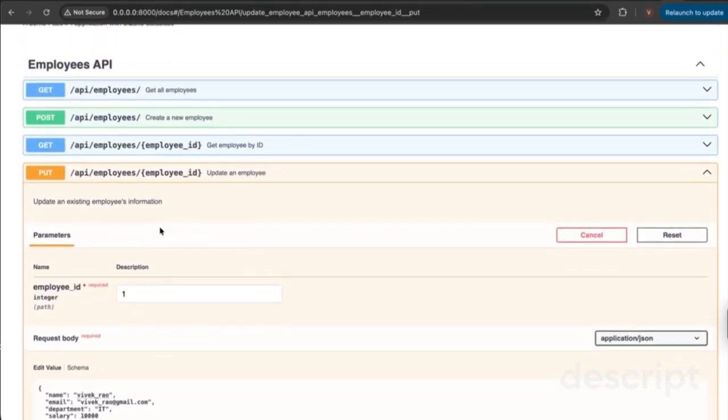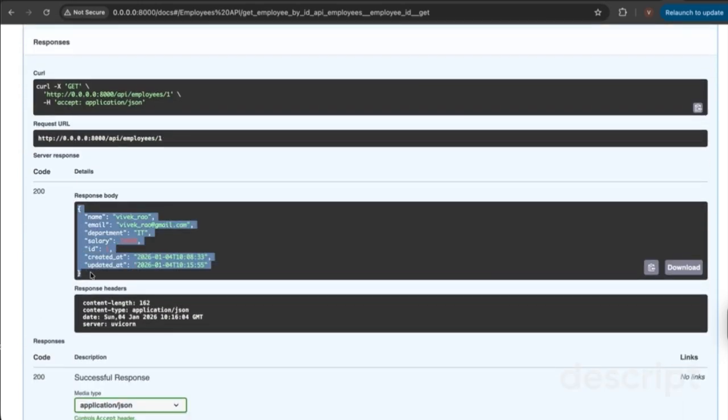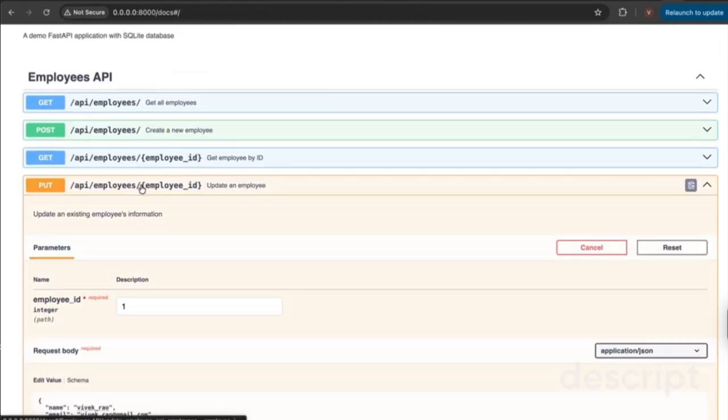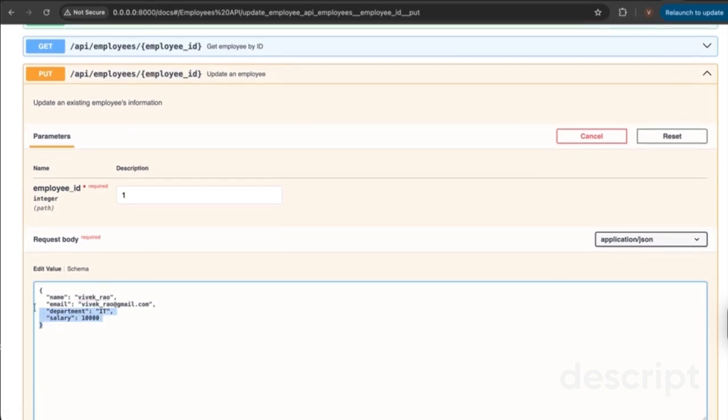So how do we verify this? You can use the same ID and check whether the values have been updated. And this is about put. But the only thing that you have to note about put is if you want to update all the fields of an employee object, then go for put. If you want to update only specific fields, then you will have to go for patch. Patch will update certain fields only and not all the fields. Whereas in case of put, it's going to update all the fields. And even if you haven't given any fields, it would override them as null.